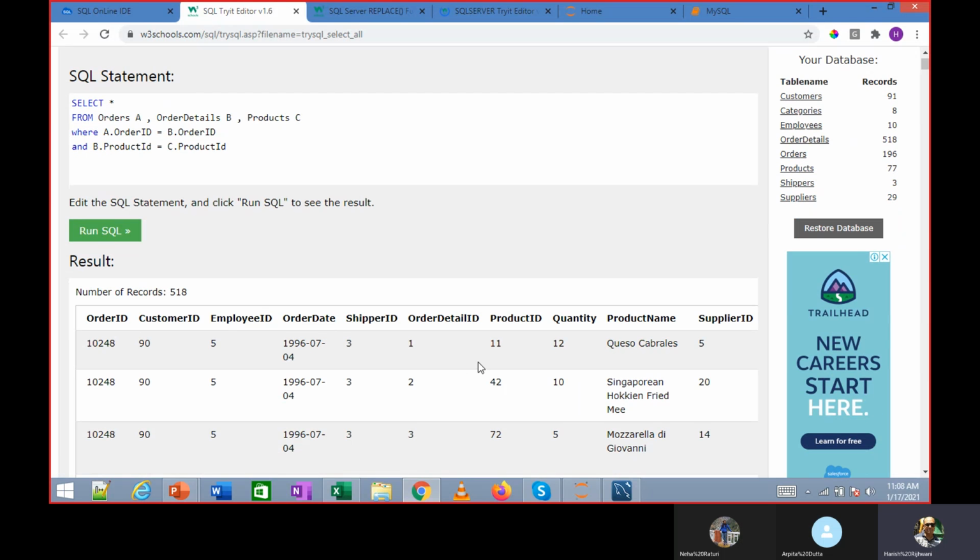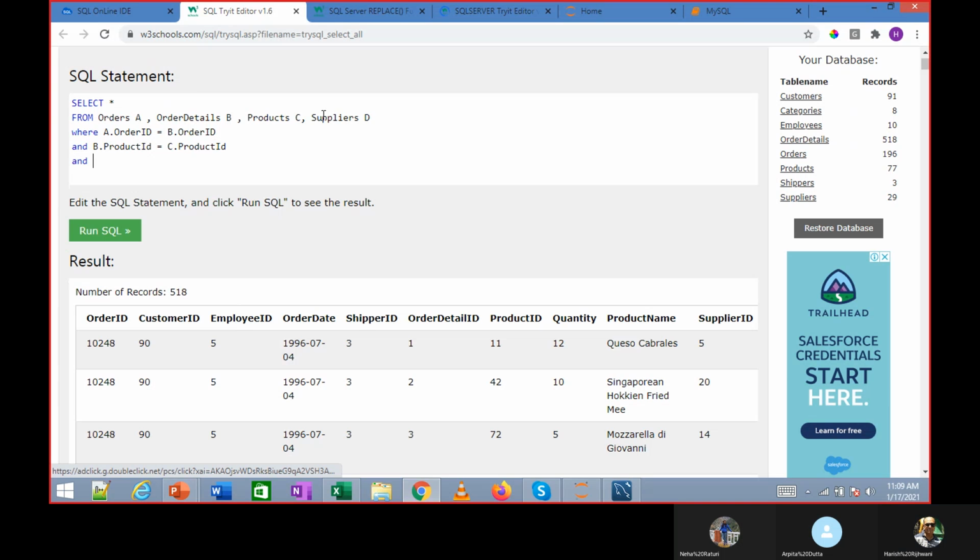Now I get the product name also because I'm joining on this. If I want to join on supplier, I can even join it on supplier ID. I can put suppliers D and C dot supplier ID is equal to D dot supplier ID.